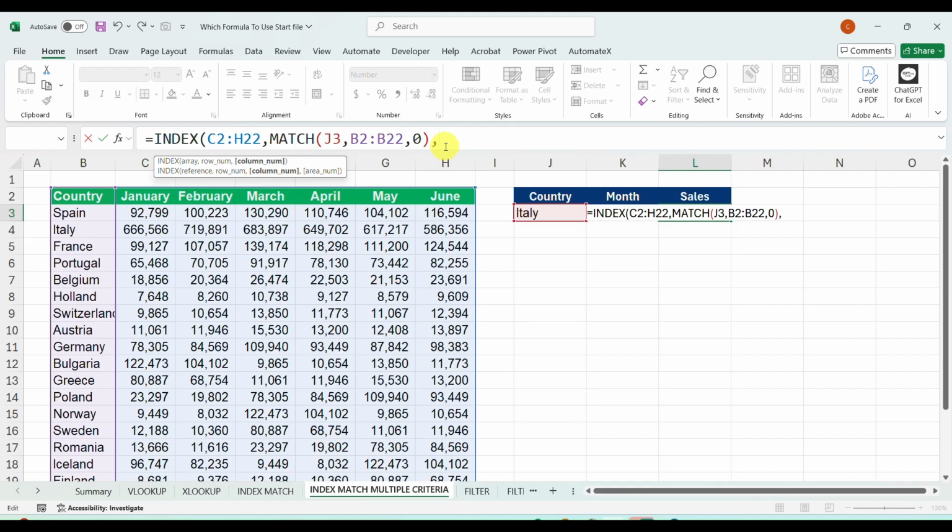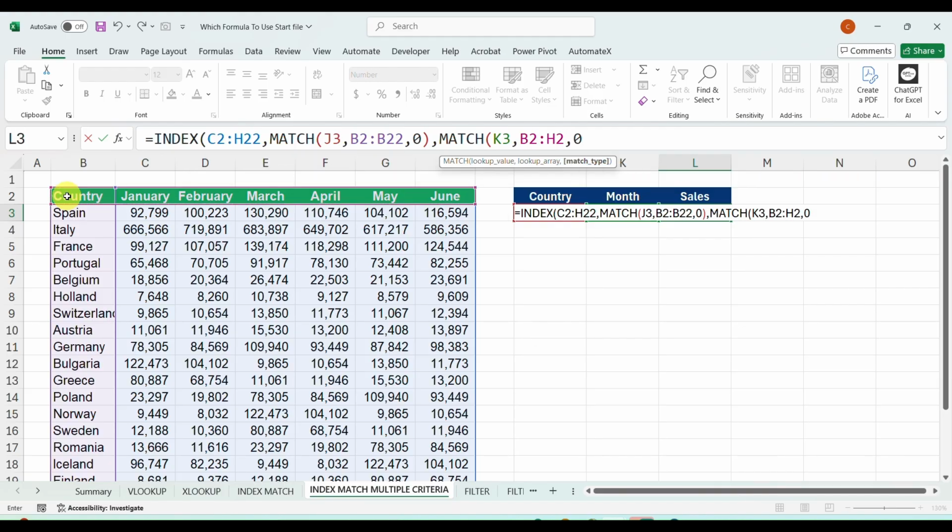Now see, for another match we'll have to put another match formula. Then it is asking for the lookup value. The lookup value will be this month. Since the formula is written over here, I have just selected this K3. Comma, lookup array. For the month, the array will be this. Always remember, for the first match, from where we have selected, from there only we'll have to select for the second match. From the same point we started for the rows, we start for the columns. This, okay. Match type is exact match, and closing the bracket twice for the two matches and hitting enter. You see.